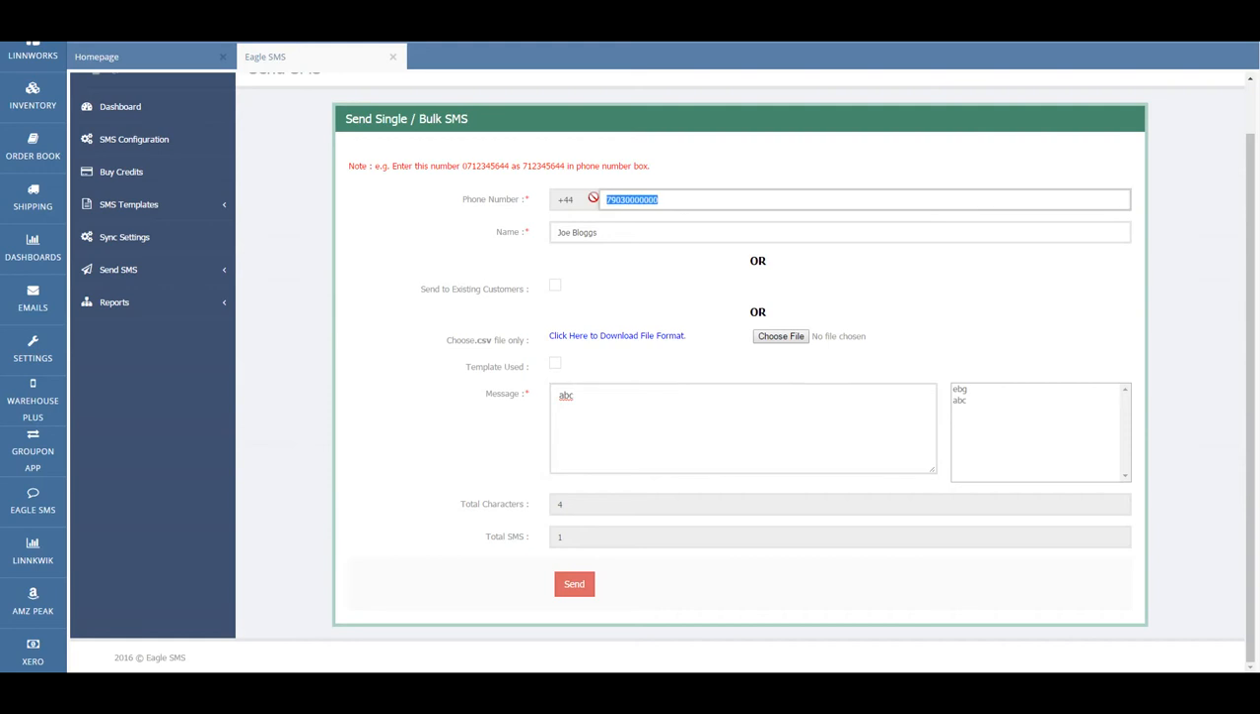Another way to send messages to customers is by clicking on Send to Existing Customers. By clicking this option, all of your existing customers in Limworks will receive the single text message. You can choose to compose a message here, as before, or you can select a template by clicking this box here. And once again, once you do go over the SMS limits for one message, it will count as 2 messages